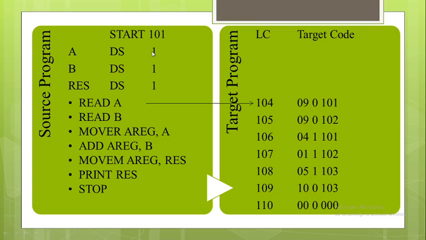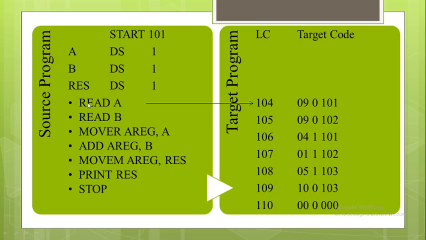So for the next symbol, that is B, we get the location counter value 102. Similarly, we get the value 103 for the next symbol, that is RESULT.